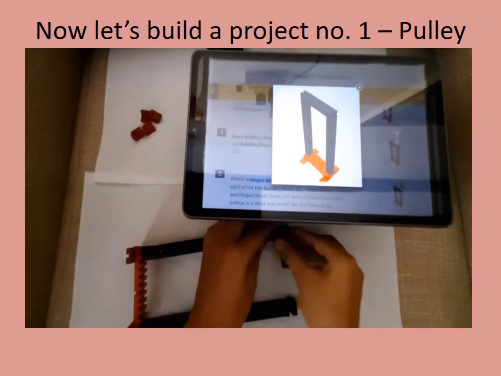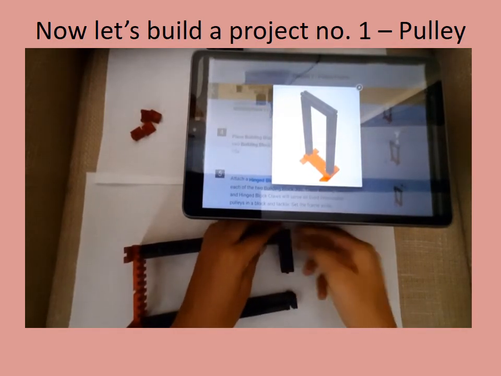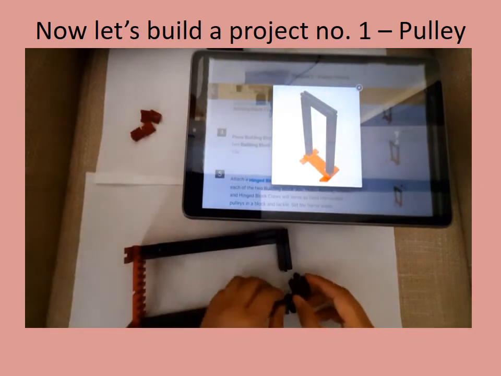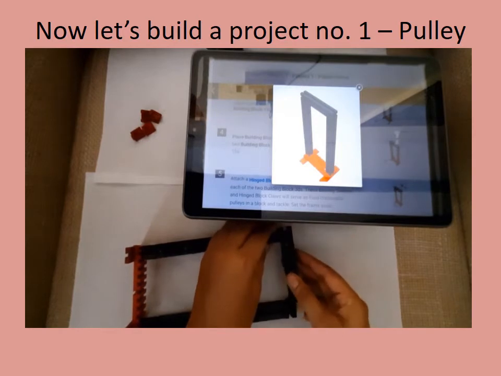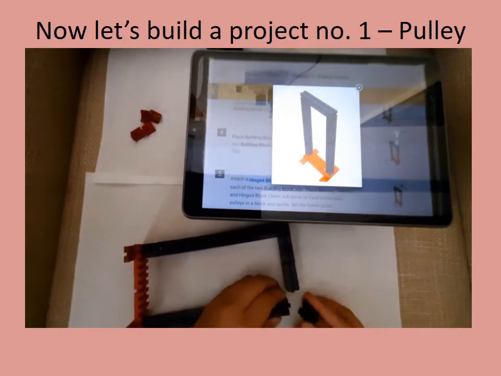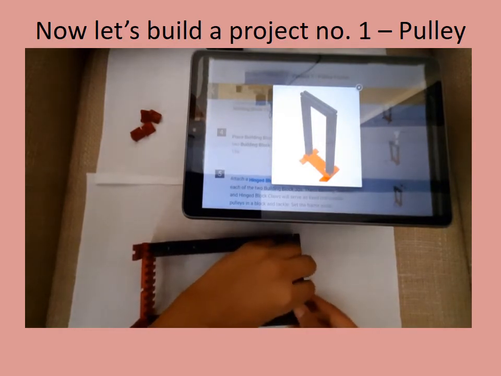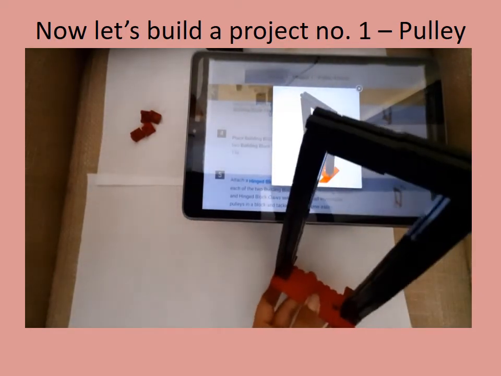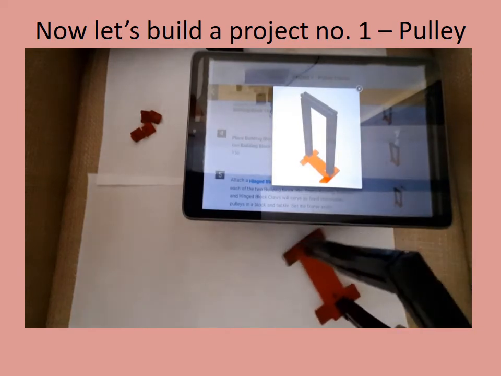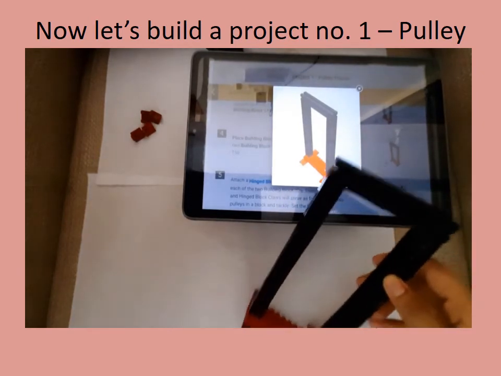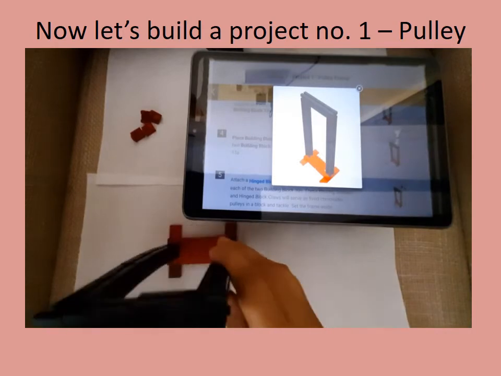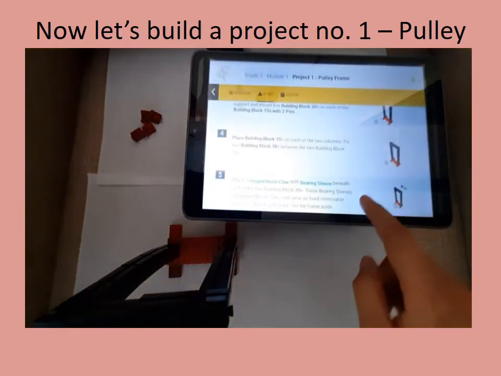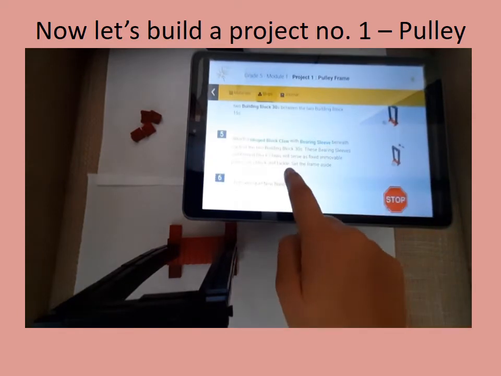Then I will fix 2 building block 30s between the 2 building block 15s, as you can see. Okay, so step number 4 is done. Almost our pulley frame is ready. Let's move to the step number 5.